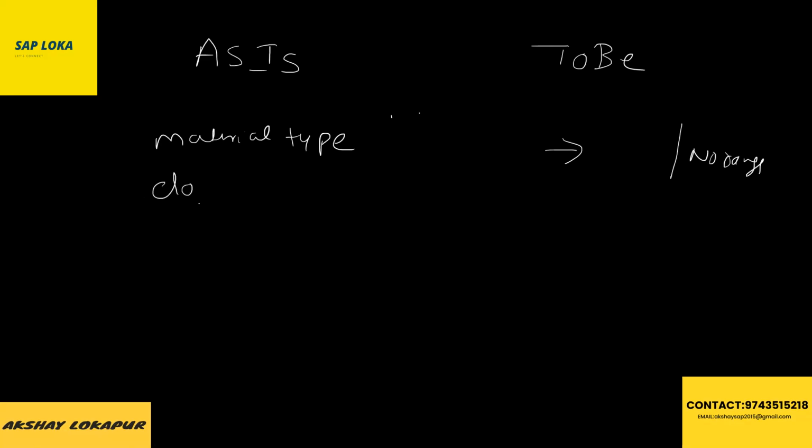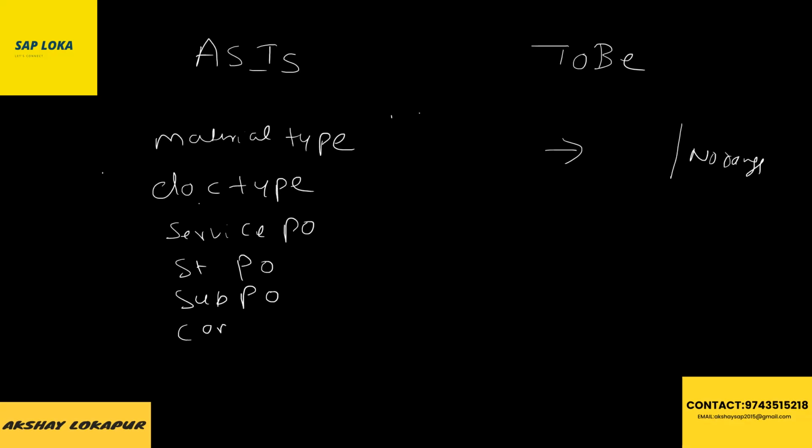Any document types these people are using, we need to map them. Not necessarily these people are using document types. If they are already using some Oracle or Tally, or some business maintains everything in Excel, how they are maintaining the purchase order, we need to take that and map it to SAP. Okay, you have service PO, standard PO, subcontract PO,